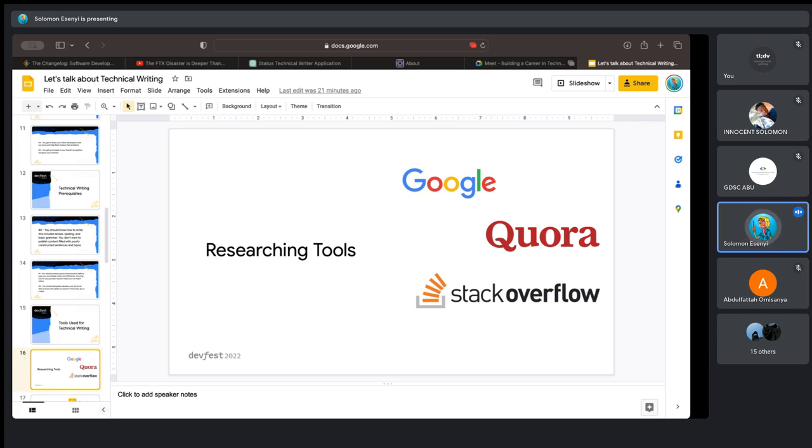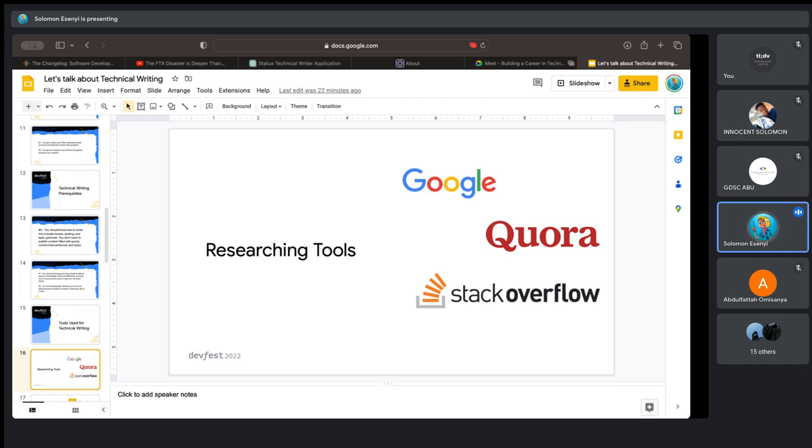On Quora, you can see questions that people are asking around that particular technology and see answers from there. So that also helps during your research. For Stack Overflow, you are dealing with mostly code, and it can help you draft out code snippets and understand how to solve some common issues that people are having with a particular technology.